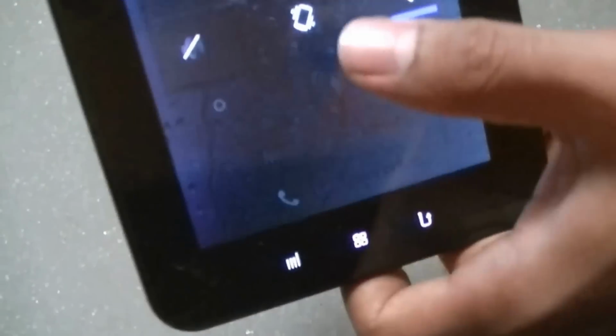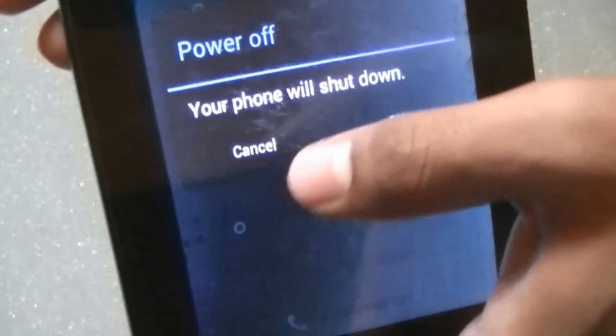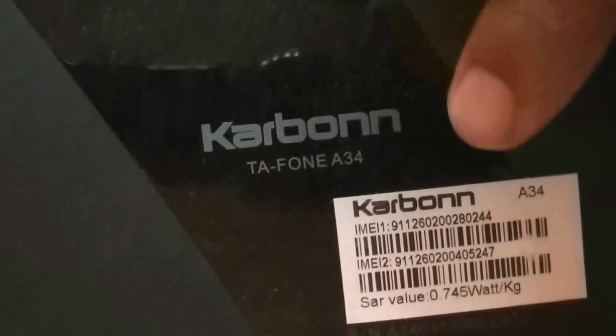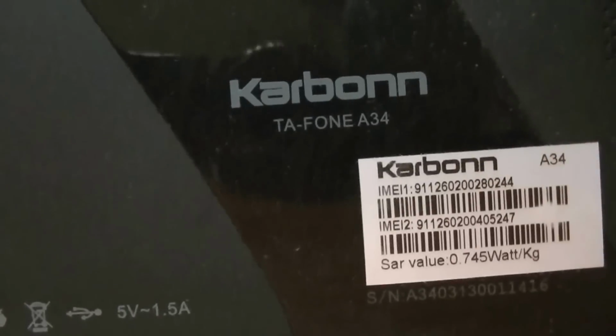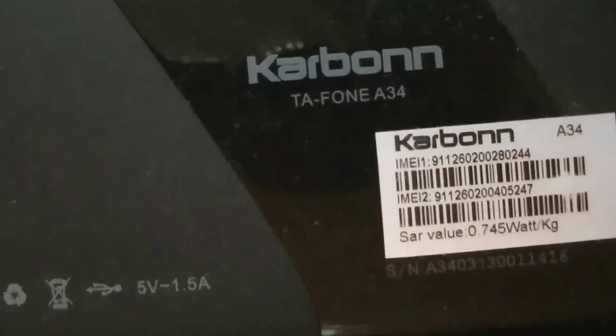The step number 1 is switch off your tablet PC first of all. For the record, let me tell you that we are using Carbon A34 model for this demo. These all process steps should work in almost all the tablet PCs present in the market right now, all the Android tablet PCs. Step number two